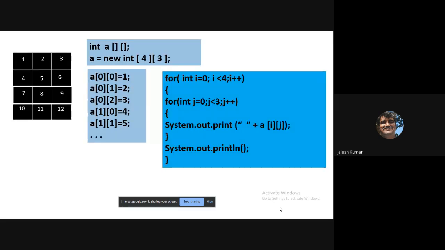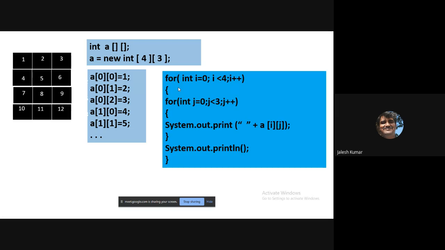This is what we worked on in the last class. I showed this with the compiler, how this particular value will be generated. We initialized first, and we assigned with the keyword new and the integer type rows and columns, and we go on adding this. The output you will get when you execute this code is 1 2 3 4 5 6 7 8 9 10 11 12. This is the output you are getting.